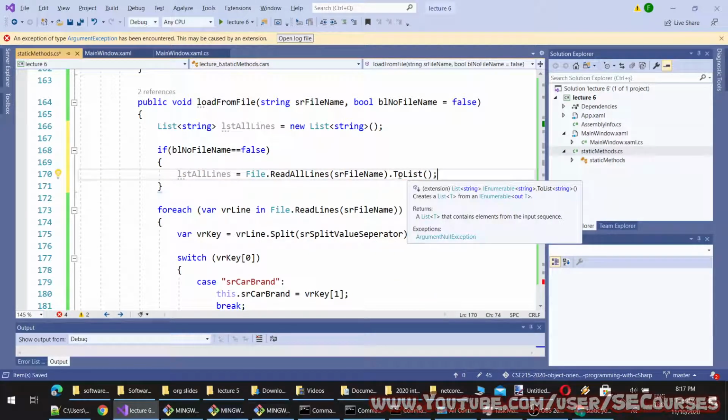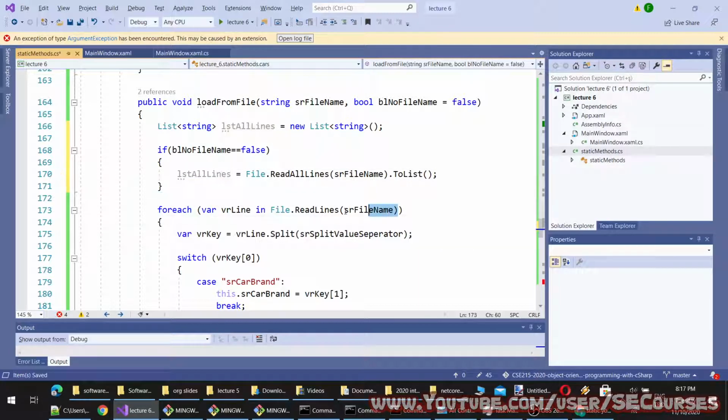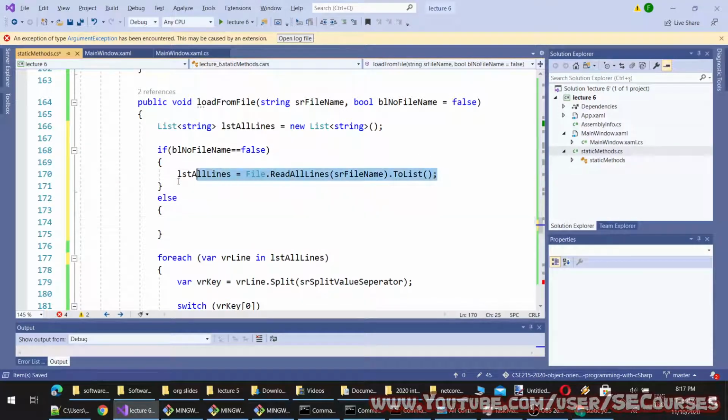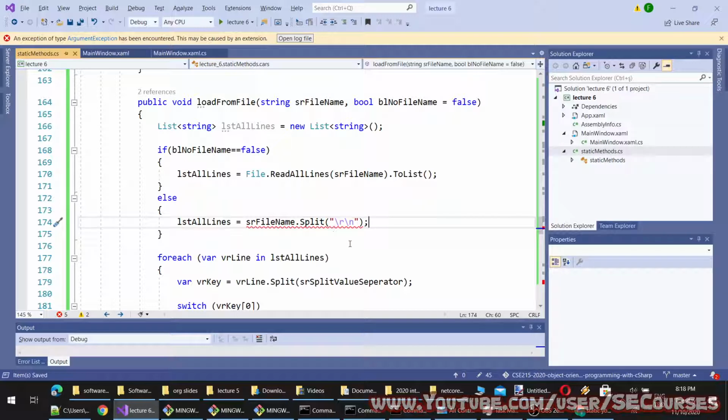And to list. This is converting an array into the list, and instead it will be like this. Else it will be like this, as our file name will be split by this, to list.